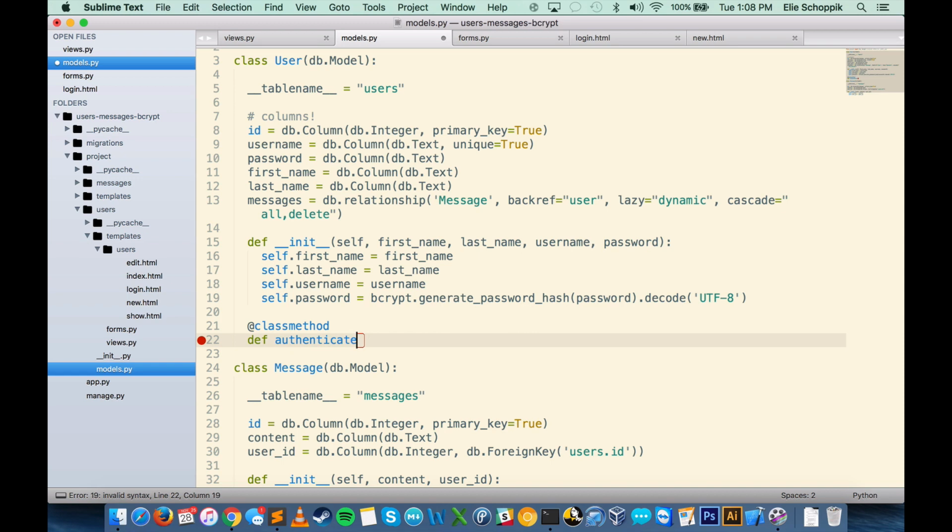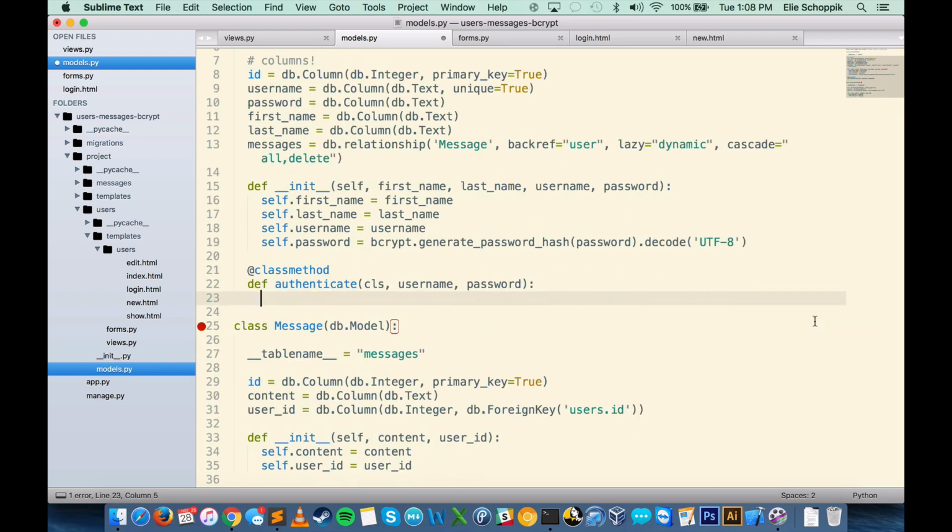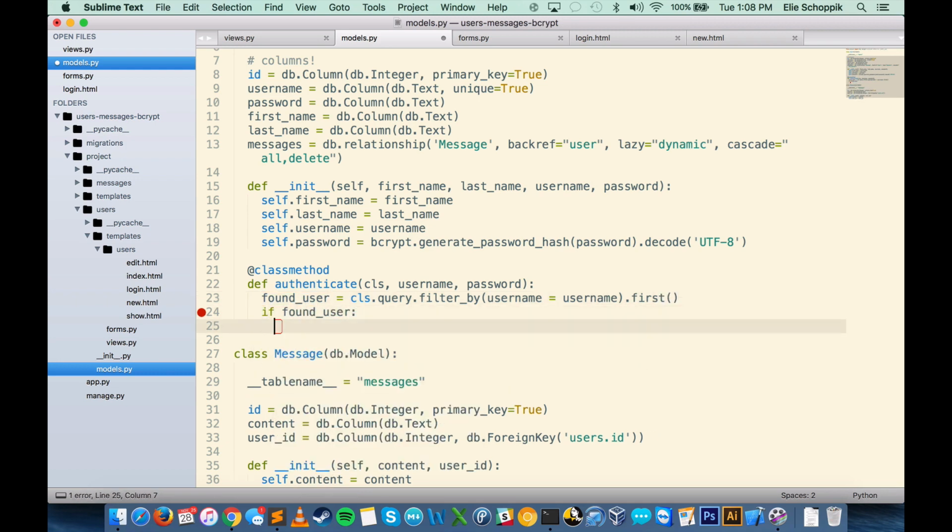This is simply going to be invoked as user.authenticate, directly on the class. And this is going to accept first the class. It's then going to accept some username and some password. And what we want to do here is move some of our business logic to the model instead of cluttering up our views.py. Once again, we'll make a variable called foundUser, which is the result of the class itself, .query.filter_by, the same method we saw with username and username right here. Here, we're checking to see if whatever username you pass to the authenticate function is correct. We're going to get the first one. If there is a found user, we're simply going to then make a variable called isAuthenticated, and that's going to be the result of